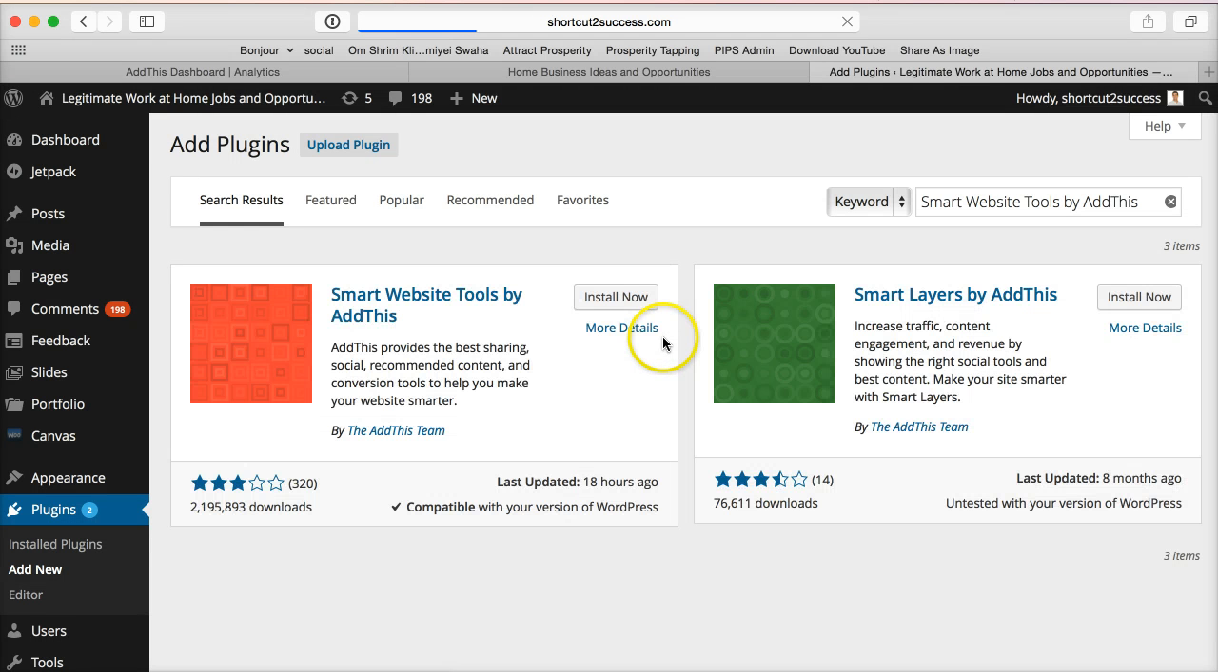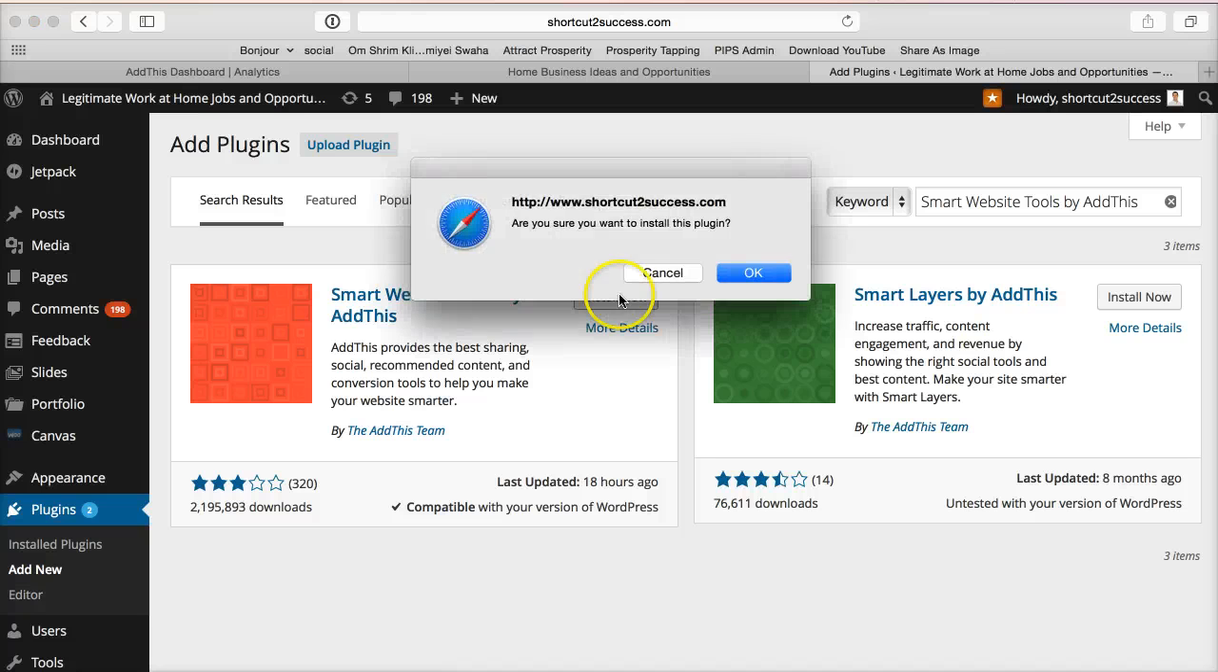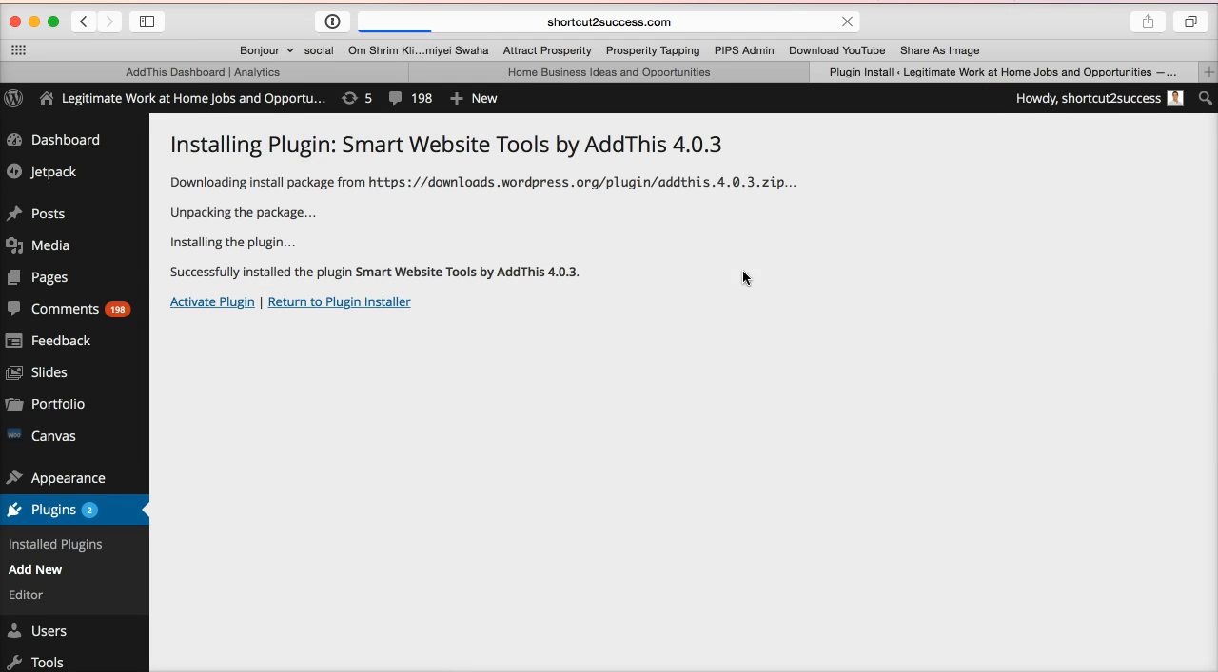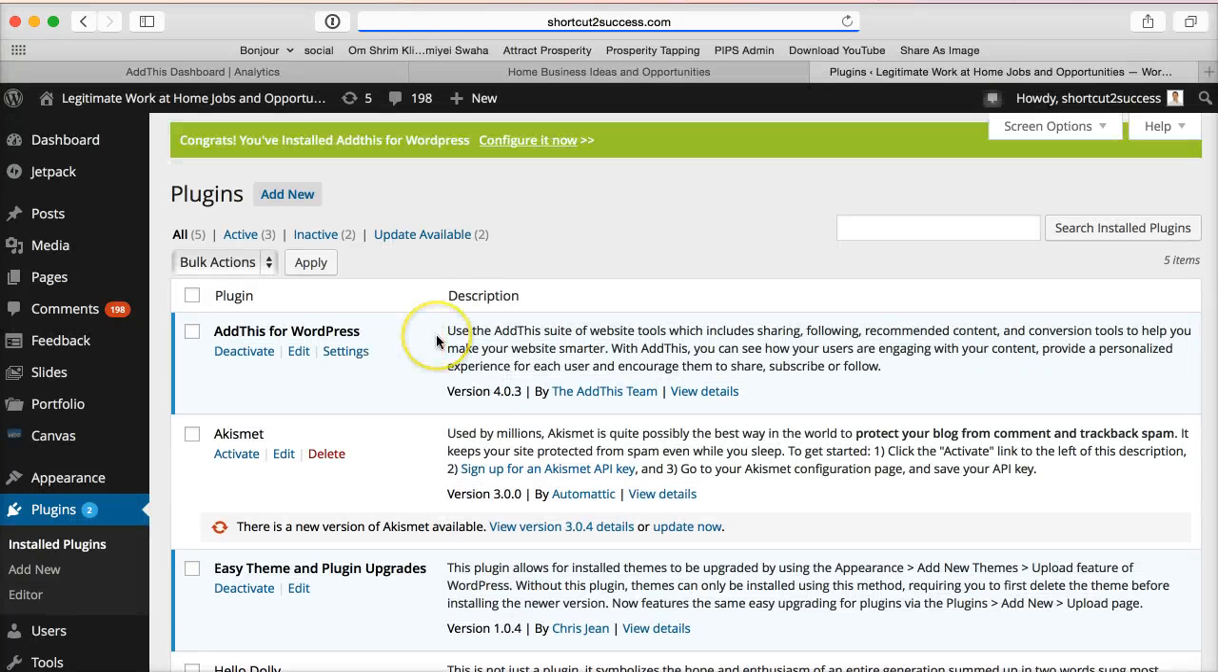Then WordPress will pull it up for you. Here it is. You can see it's been downloaded over 2 million times, and this is the tool that you want to install on your website now. So you just click Install Now, click OK, and let the process complete here. Activate the plugin. So this is adding the AddThis tool suite to your website, and as you can see here, we get the message, congrats, you've installed AddThis for WordPress, configure it now. So I'll go ahead and click configure,